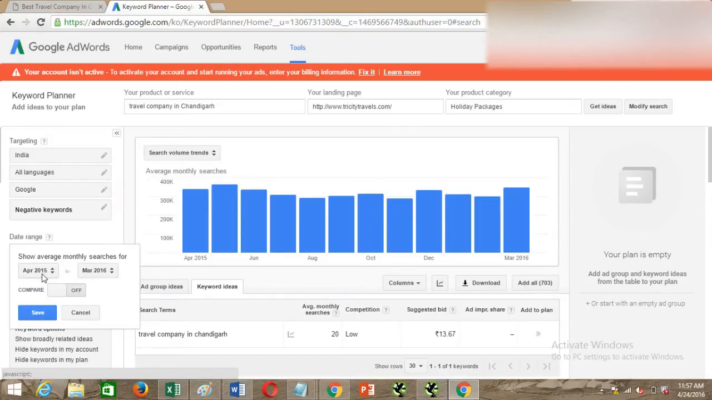here. Right now it is showing me from April 2015 to March 2016, which is the 12 months duration. And if you want to compare the monthly searches and how many searches have changed over a period of time, you can use this compare feature, and it will give you three options: previous period, same period last year, custom. I would not really use this feature usually, but it's totally up to you if you want to check the growth or the trends